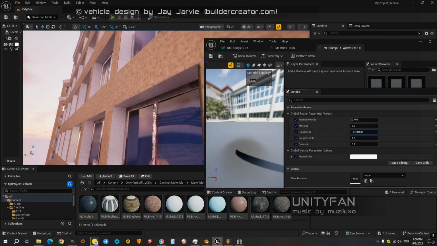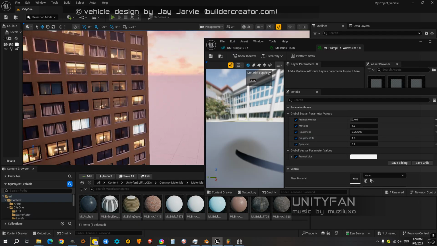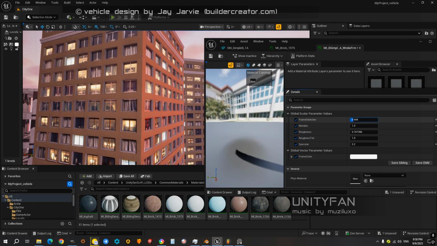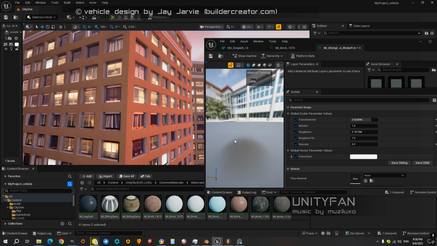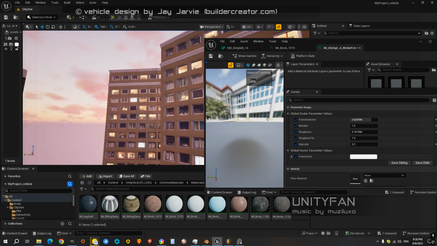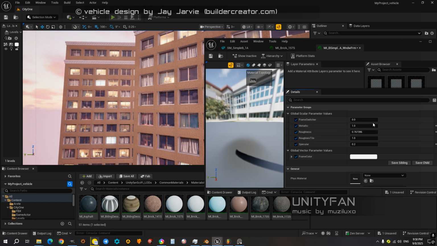You can change that too. Well, for example, if you have a futuristic design of the building, maybe you can use it. But in most cases you don't need it. So I just put it back to 0.